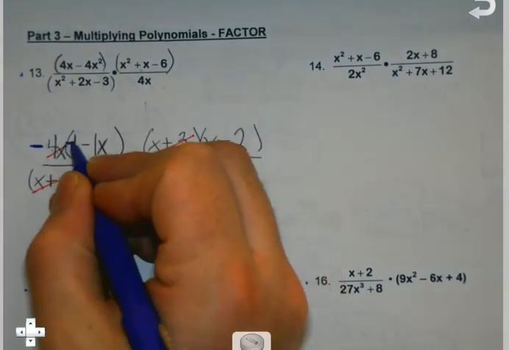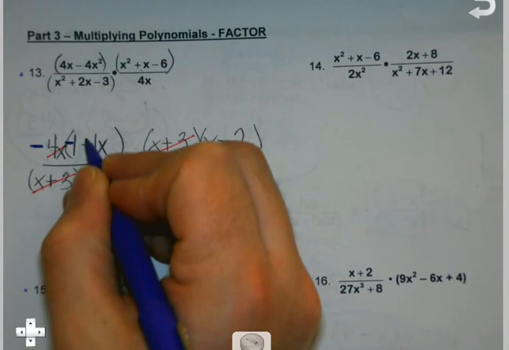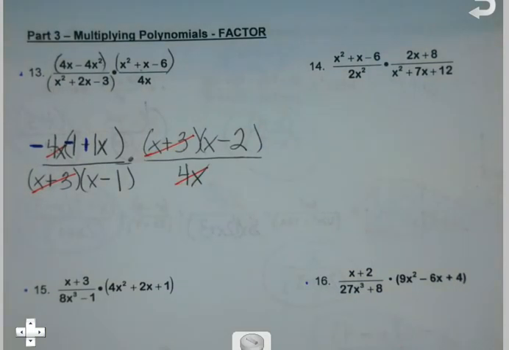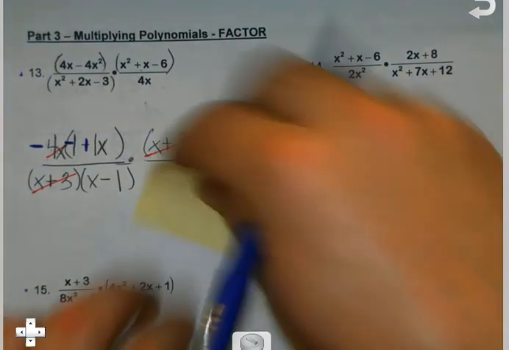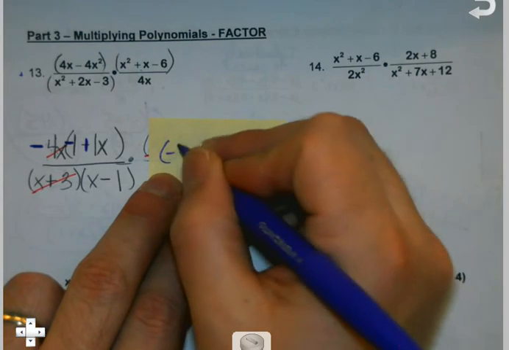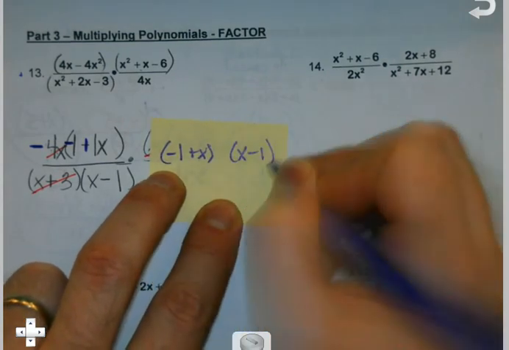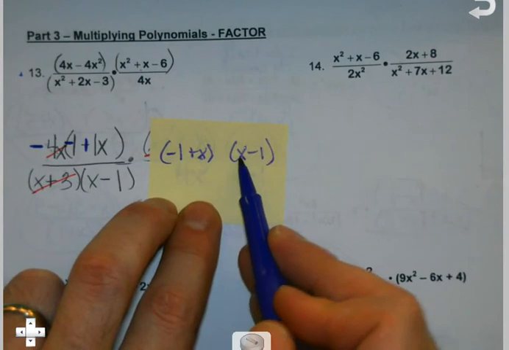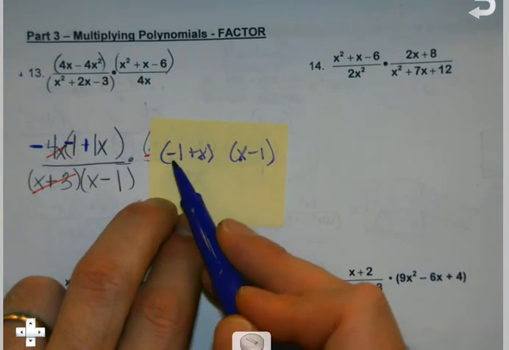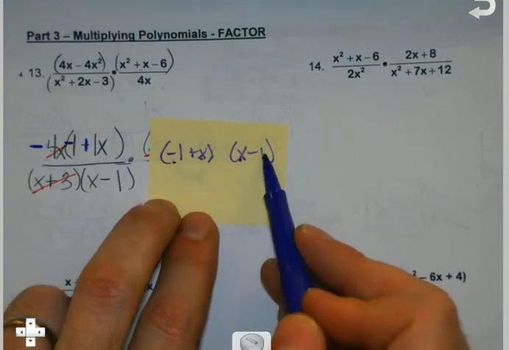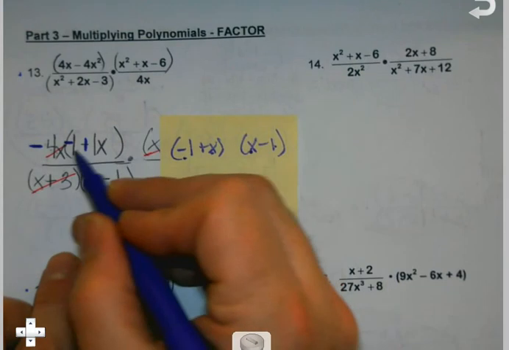That changes the signs on both of these. So now the question becomes, is -1 plus x the same thing as x minus 1? The x's are both positive. The 1's are both negative. They're the same thing now. So by pulling that negative out,